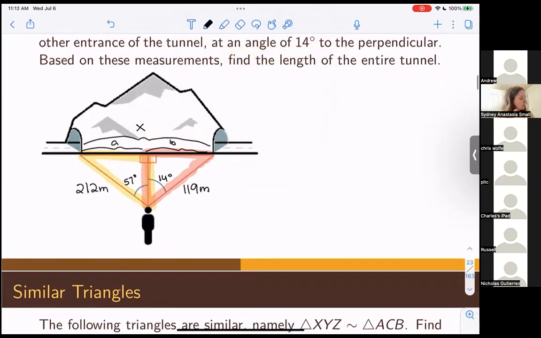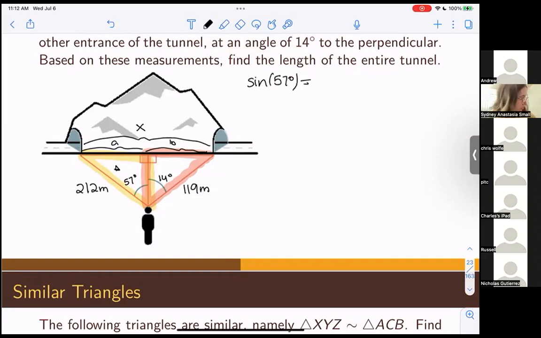Okay, so let's start with focusing on this triangle right here. We know that we have an angle of 57 degrees, a hypotenuse of 212, and we want to solve for A. How would we do this? Well, we have A, which is the side opposite of theta, and we have the hypotenuse. What trigonometric function involves the opposite side and the hypotenuse? Sine. So we know that the sine of our angle, which is 57 degrees,